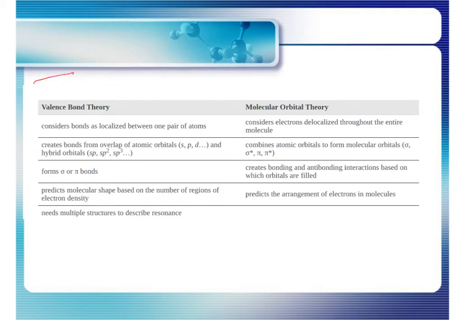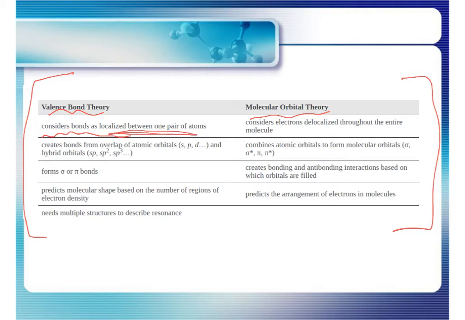This is just a really nice summary table I found online of the key differences between valence bond theory and molecular orbital theory. It's kind of a favorite type of exam question to ask, so you should know at least the first couple of points. And again, valence bond theory considers bonds made as localized between the atoms that are bonding, and the molecular orbital theory considers the molecular orbitals, the new orbitals formed, to be delocalized or spread throughout the